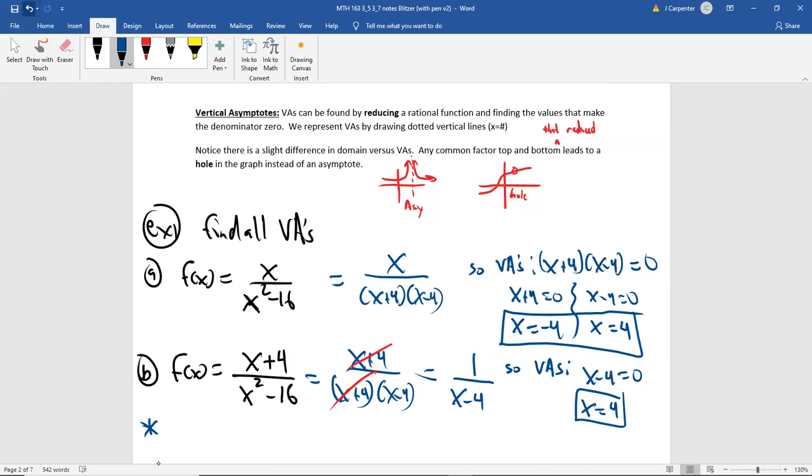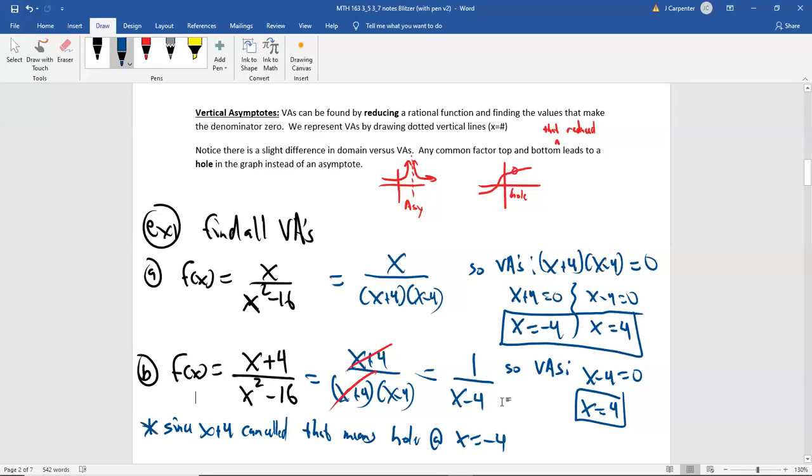So I just want to point out that since x plus 4 canceled, that means there is a hole at x equals negative 4. Remember, factors and zeros have opposite signs because you're just subtracting 4 if you had x plus 4 set equal to 0. Last time there was a vertical asymptote at negative 4 and positive 4, and now it's a vertical asymptote at 4 and a hole at negative 4